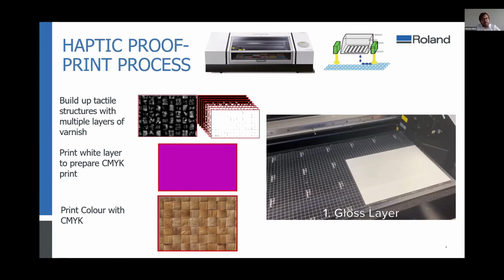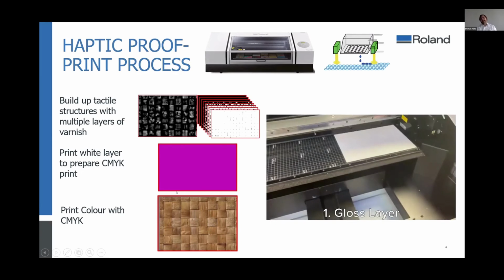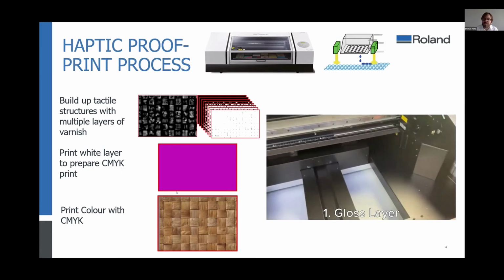So that's all. The pre-press process is done. You just press print in the AVA software, and then the printer starts printing. And I will show you the video now. In real time, and what you see for the moment is real time. The whole process will take